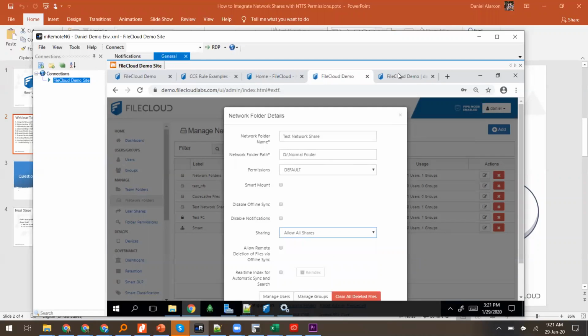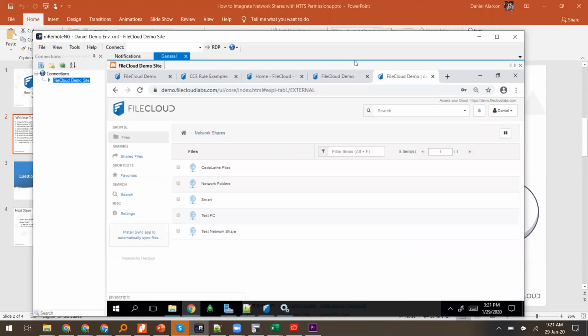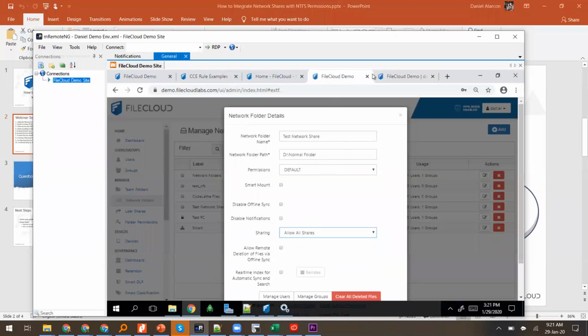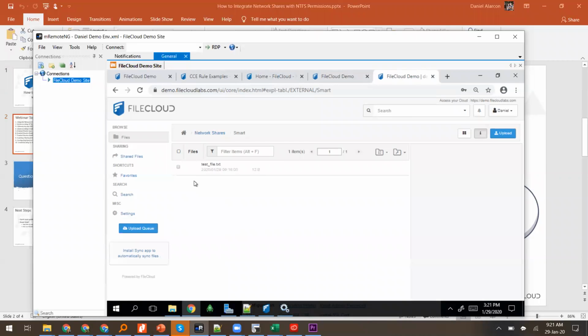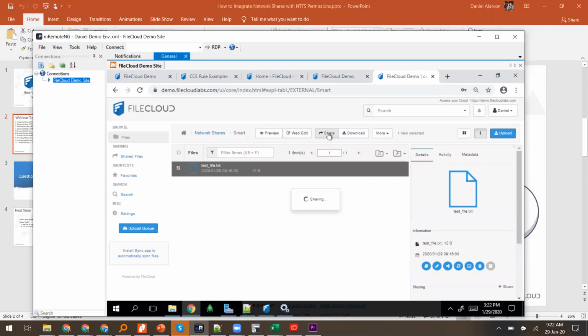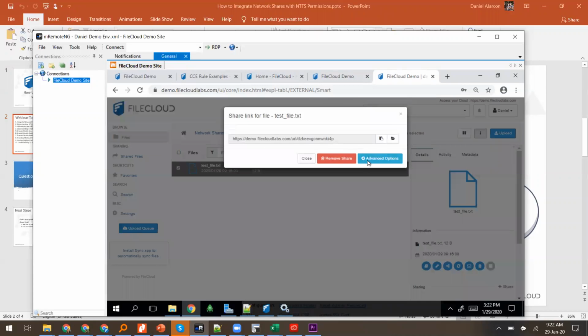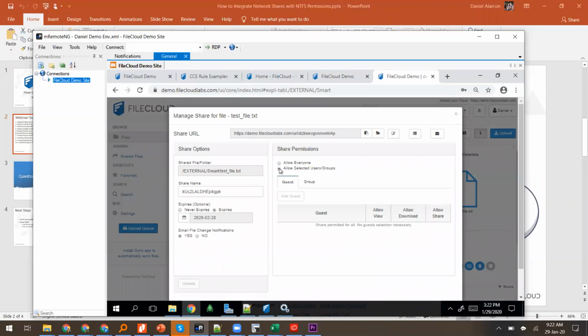What do we mean by this? If I go here to my network shares, right now you can see I have it as allow all shares. I can go to any of the folders in my system, and I can actually share to the outside world, right? It can be a full share to everyone, or you can allow a selected group of people to access it. And if you don't want that,